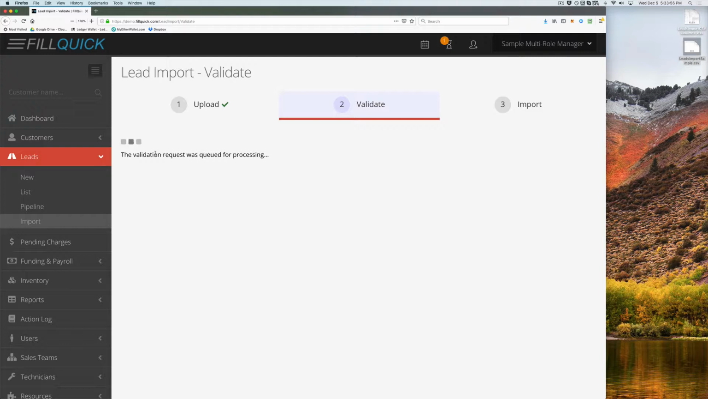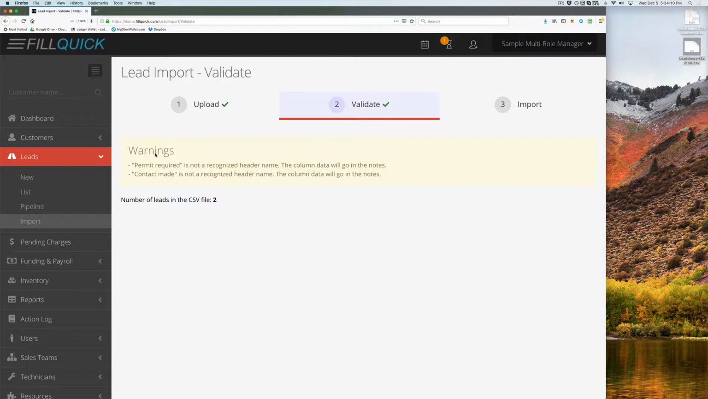It's checking to see if this file that we're uploading has any errors. Is there anything outside of FillQuick's norm of importing? It'll tell you directly once this is done loading. Okay, here as you see, it has 2 warnings, but nothing that will stop you from importing this file into